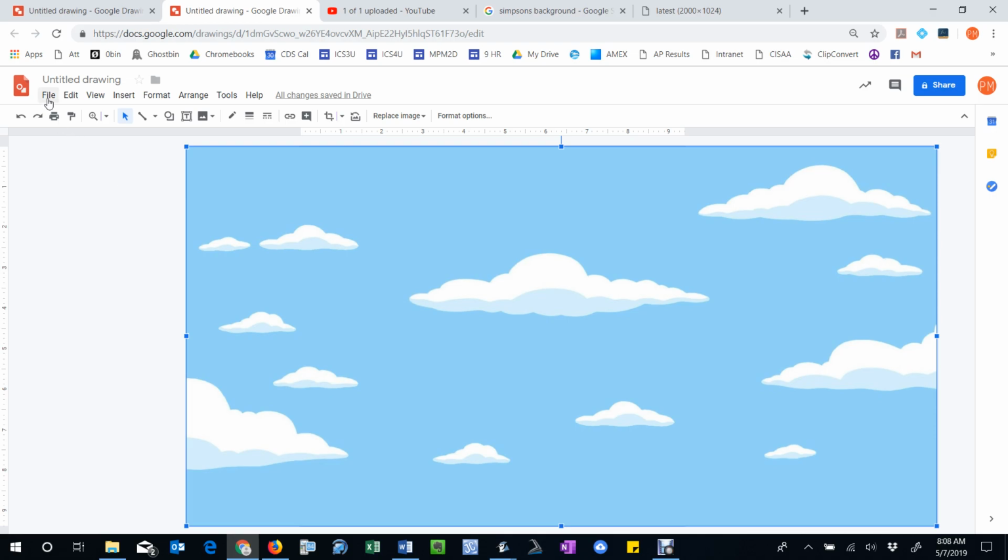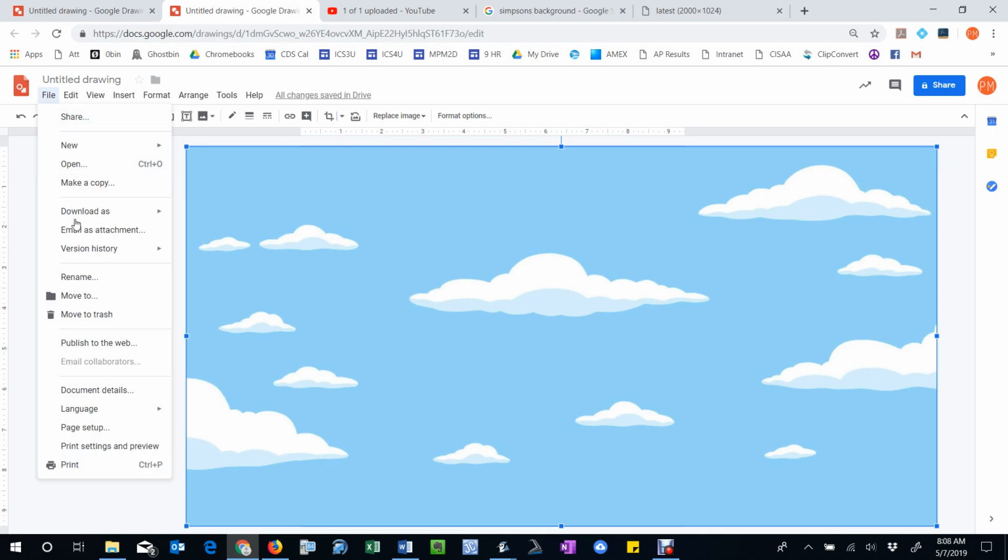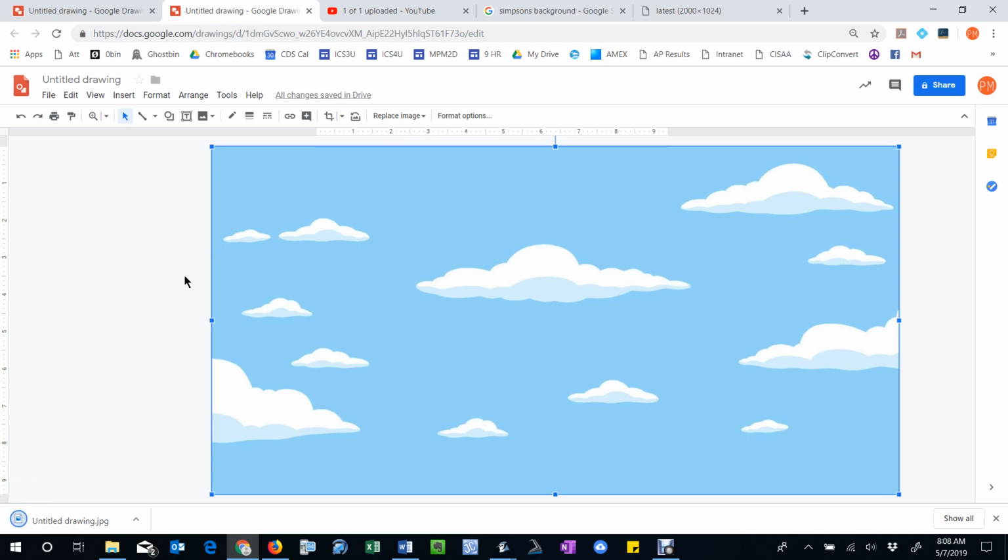So now I'm going to save it. So I want to download as. Now here, I'm just going to save it as a JPEG. I don't need to do a PNG because there's no transparent background. This whole thing is the background. So I'm just going to save it as a JPEG. And again, since I'm using Chrome, it just automatically saves it here. So I'm going to